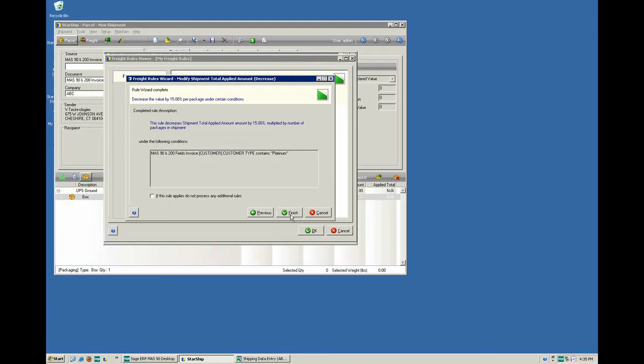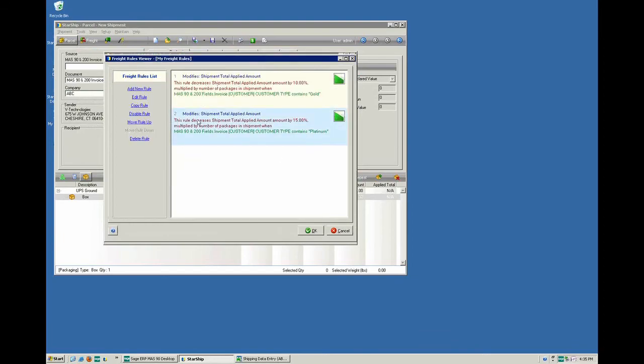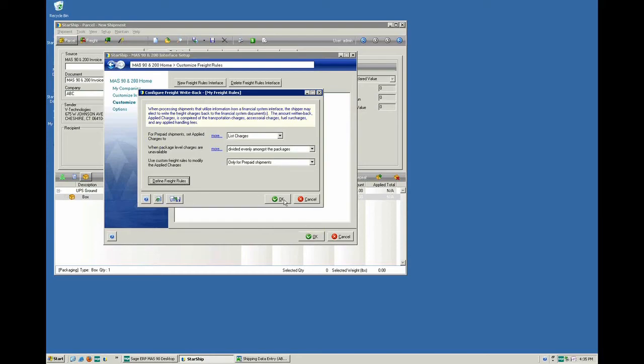So if I finish this, now I have two rules. I'm going to modify the total applied amount, and I'm going to modify it by 10% for customer type gold, and I'm going to modify it by 15% and give them a 15% discount if their customer type is platinum. And that's pretty much as easy as it is to add a freight rule